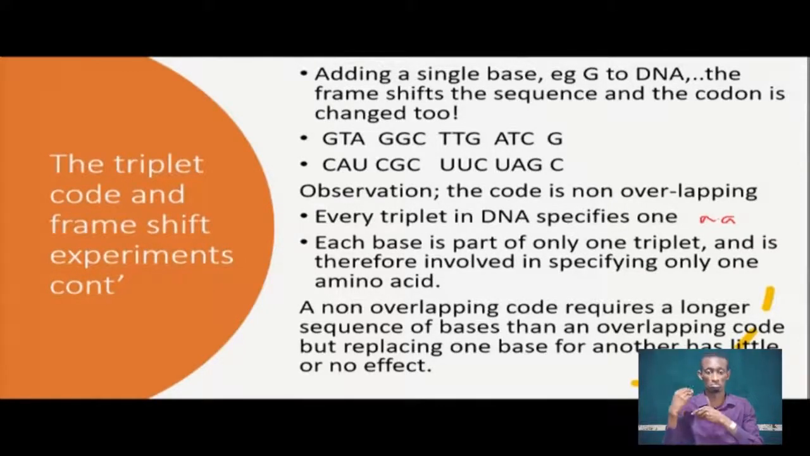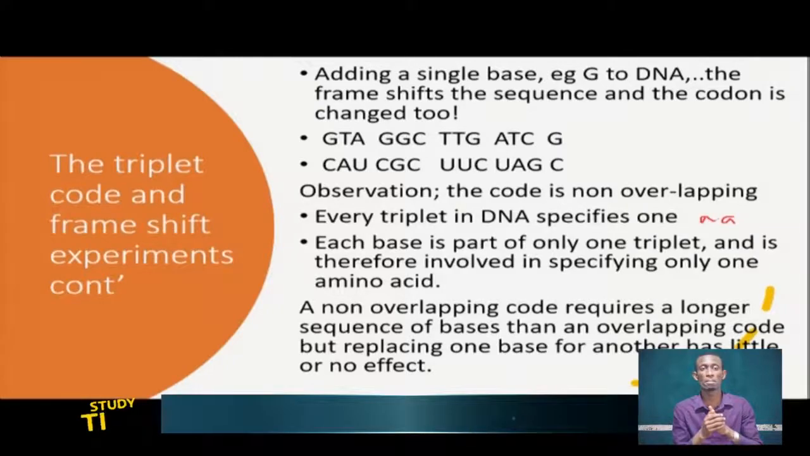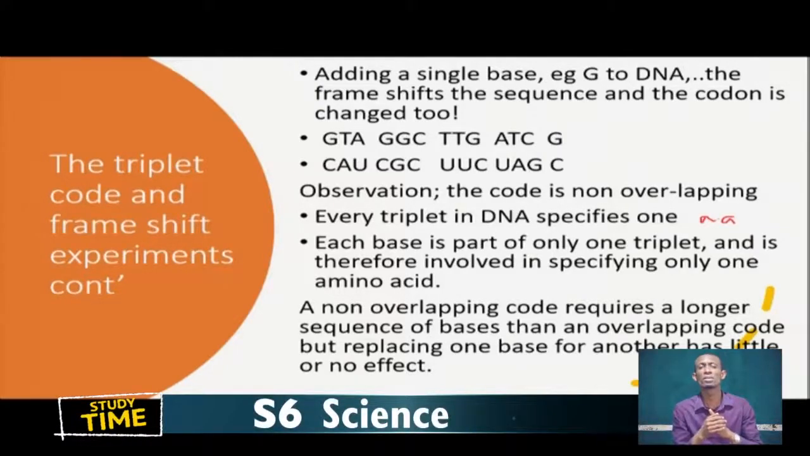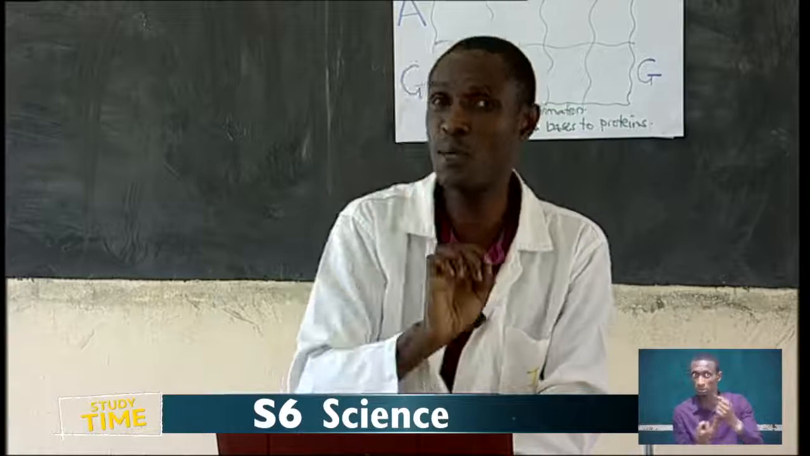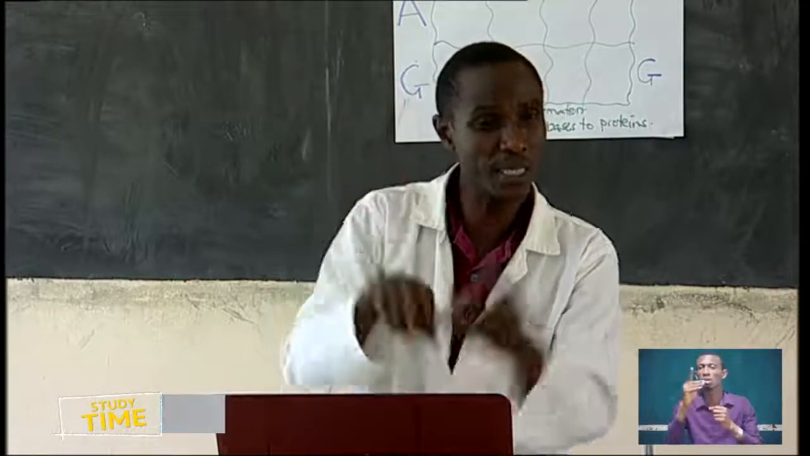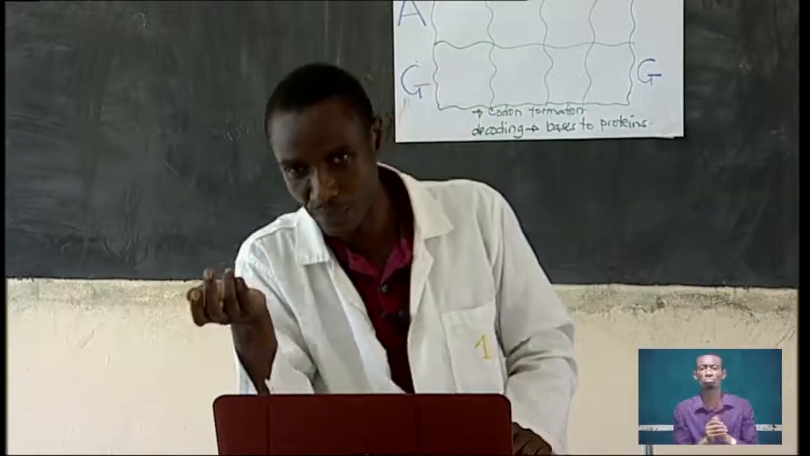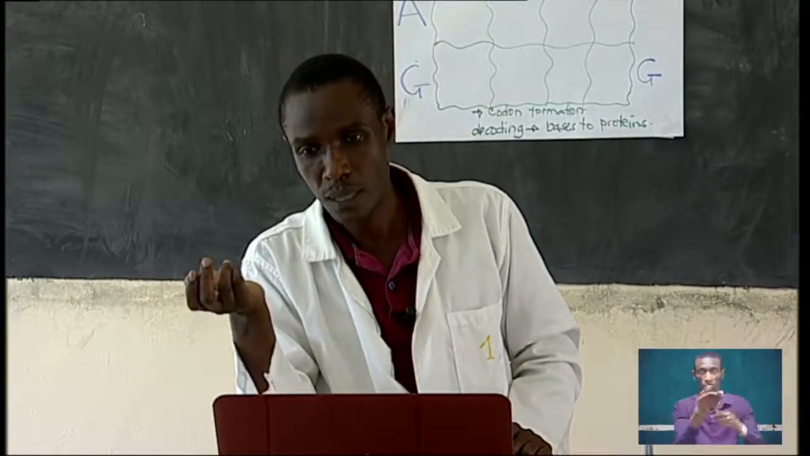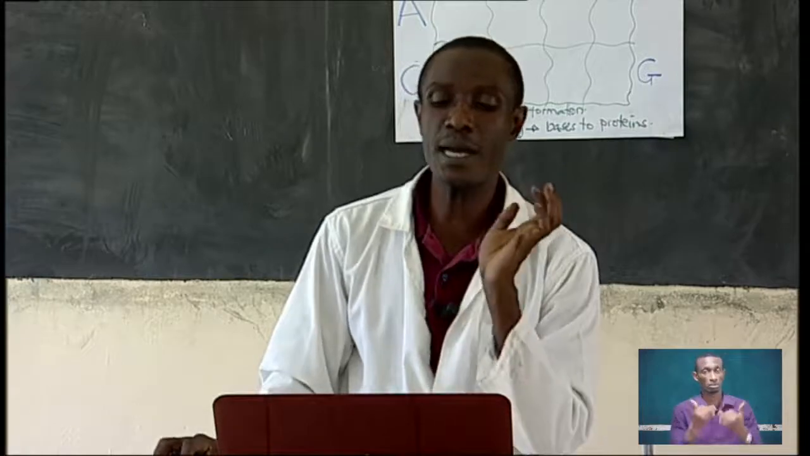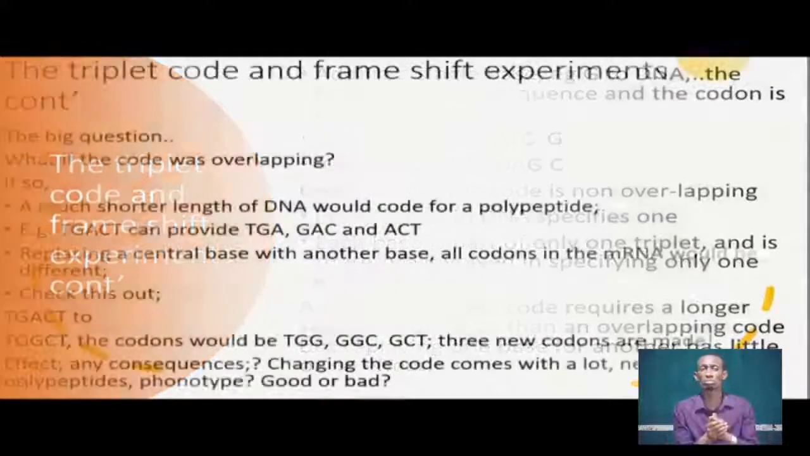Because you'd still code. The question now still has to be, out of the 3 letters in a triplet, how much do we need as information to be able to pick an amino acid, add it onto the chain of the proteins, and then we have our structures coming up. Now, if we are to continue with this about the frame shift,